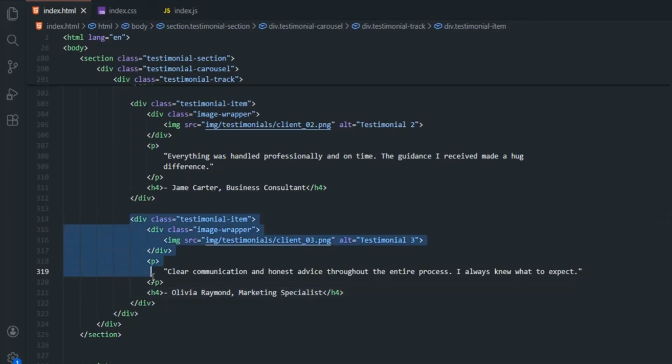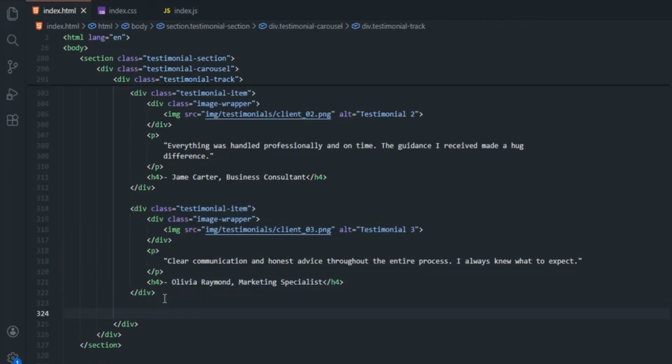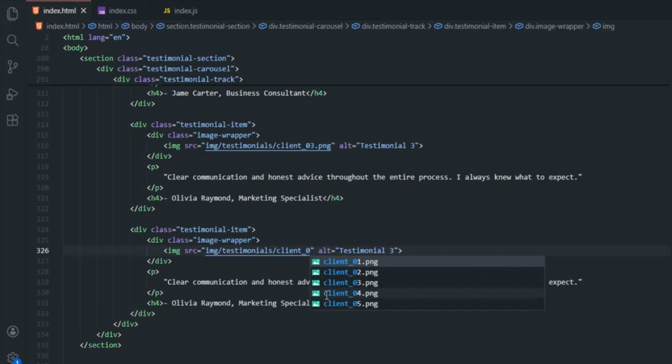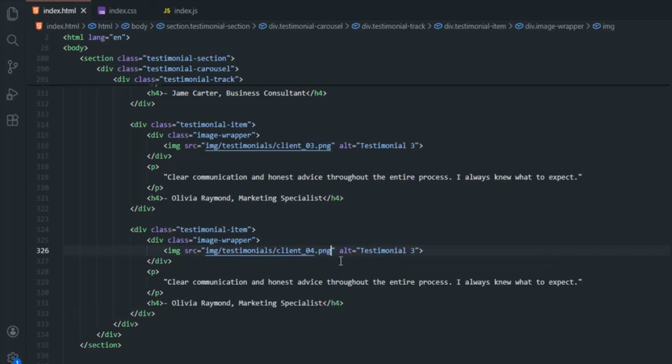Next, we'll copy slide 3, and then below, we'll paste it to get slide 4. For slide 4, we'll change the image to client04, and the alt text to be testimonial4. We'll change the paragraph text to